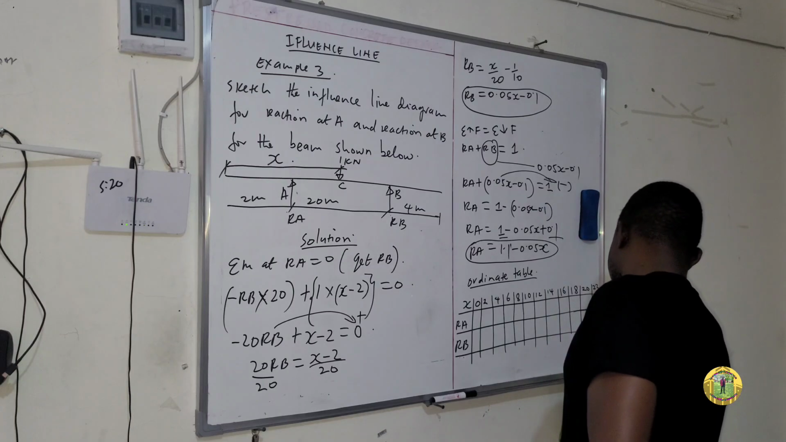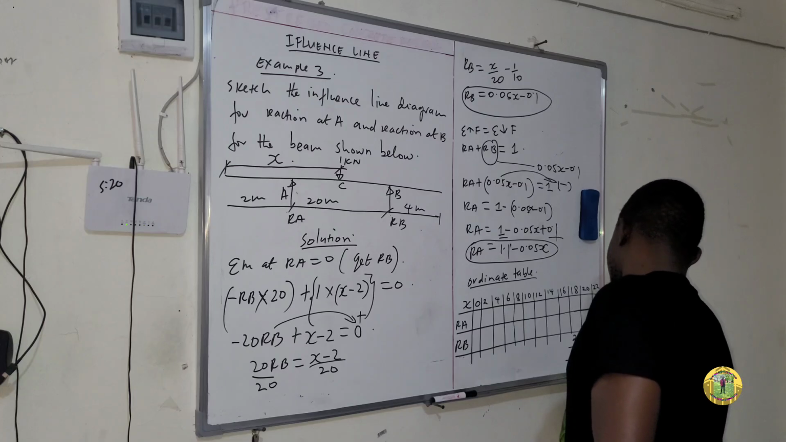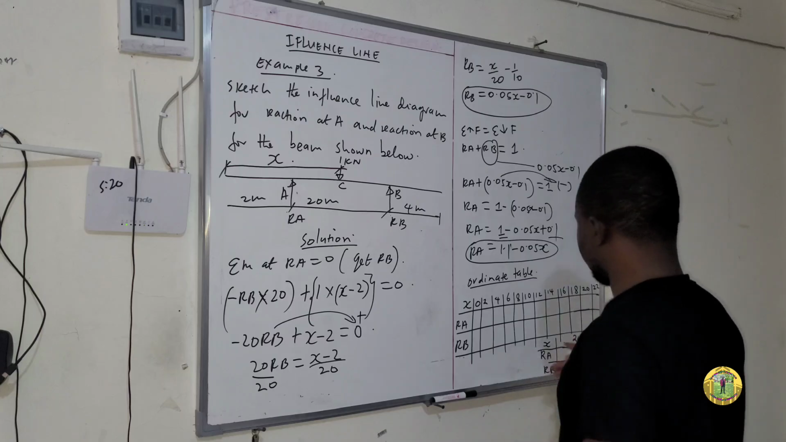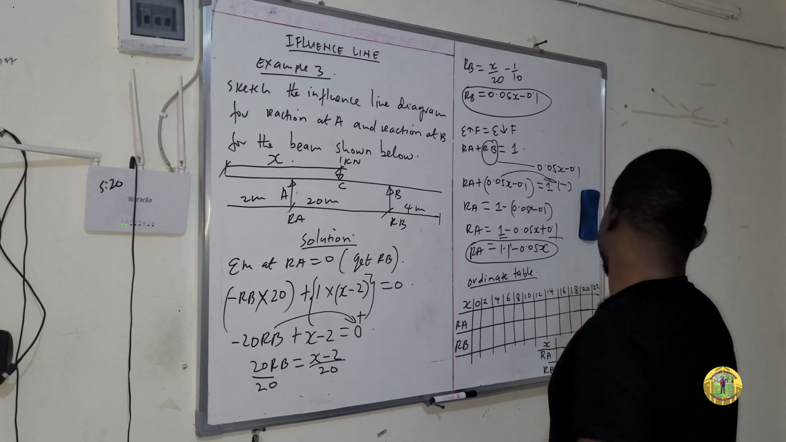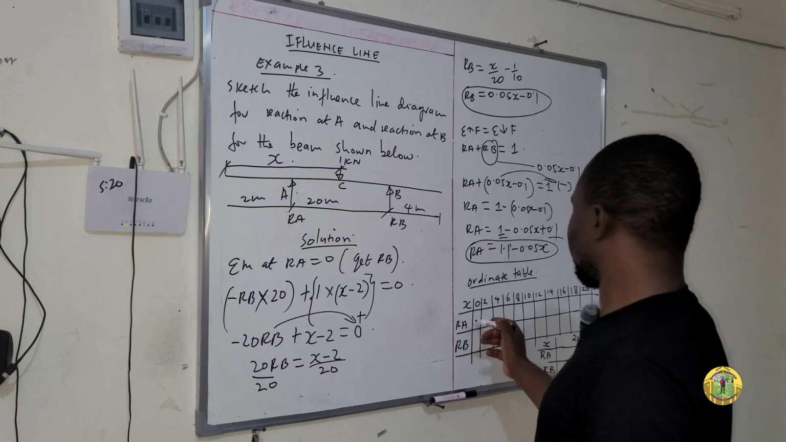So we have 24, then 26. So this is X, this is RA, this is RB. X should be here, like that. Yes. So to get RA,